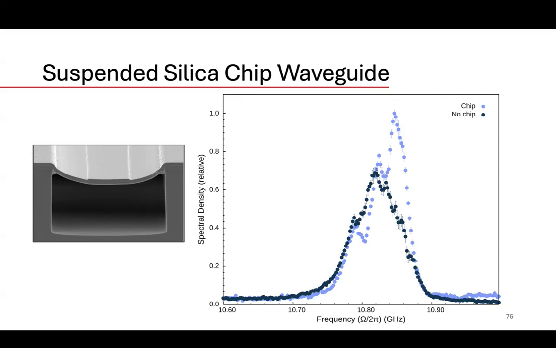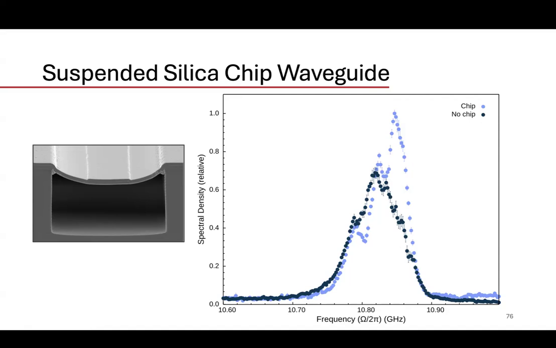And there was a collaboration that formed and a deep learning process that started because of the great opportunity that was offered there. And the light here is guided on this wide rib that is suspended above an air channel here. And this is on the order of microns. And so preliminary measurement of this chip waveguide shows the light blue is with the chip